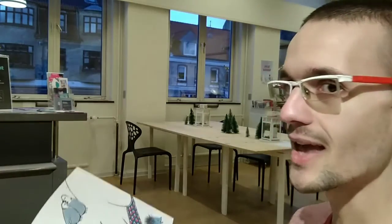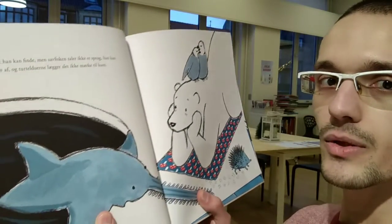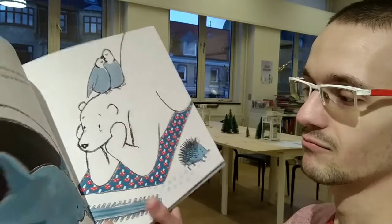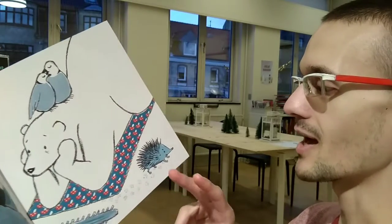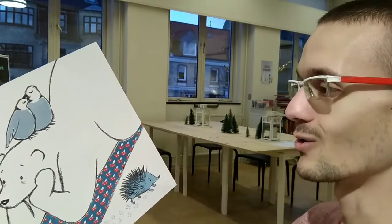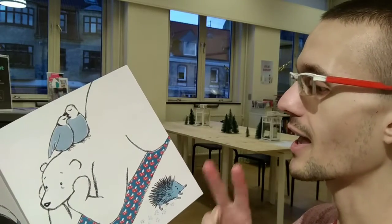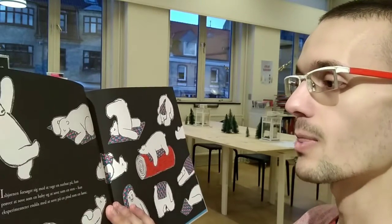So who else did he ask about sleep advice? He asked the swordfish, but the swordfish could not speak, unfortunately, because he had a sword instead of a mouth. He asked the hedgehog, but the hedgehog just continued on. He did not want to talk with the polar bear. He asked the penguins, but he did not understand their language at all. So the polar bear